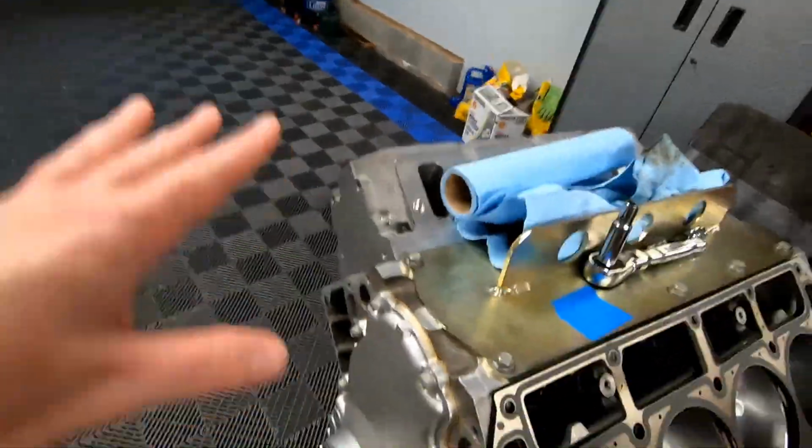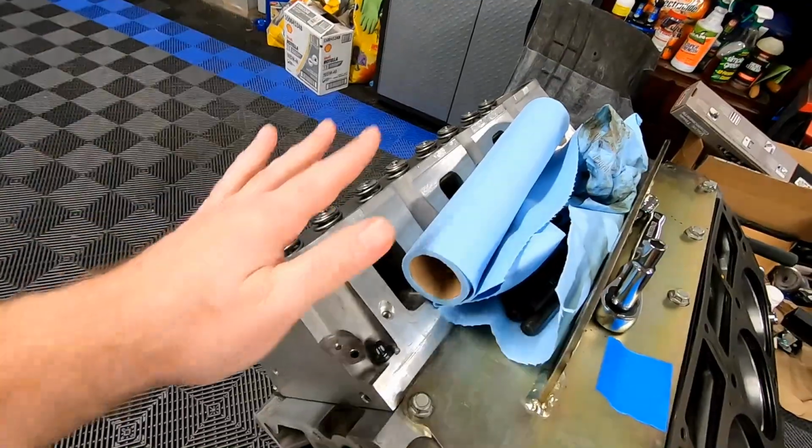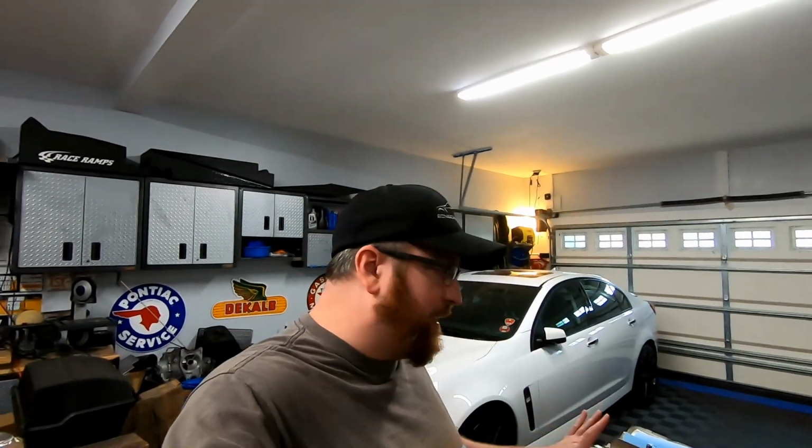We do have the passenger side head on. The reason I went ahead and decided to do the passenger side head, I'll be honest, I just wanted to figure out how to do the studs because I wasn't quite sure how the studs and all that was going to work. So what we're going to show you today is putting this driver's side of the engine back together,